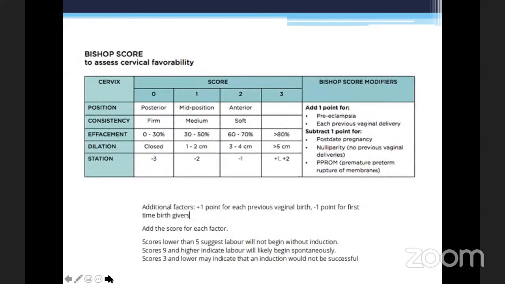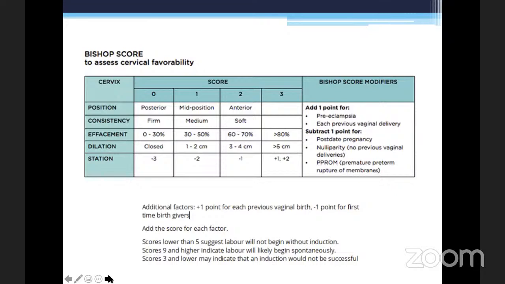The Bishop's score is used to assess cervical favorability. It looks at the cervix's position, consistency, effacement, dilation, and station. At score 0, the position is posterior, consistency firm, effacement is 0 to 30%, dilation closed, and station is -3. At 1, it is mid position, consistency is medium, effacement is 30 to 50%, dilation 1 to 2 centimeters, and